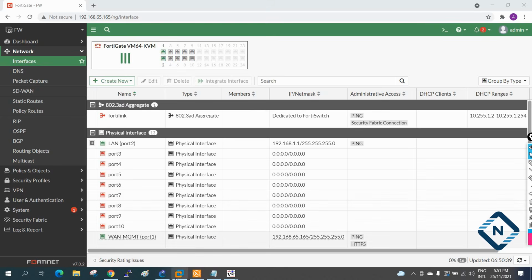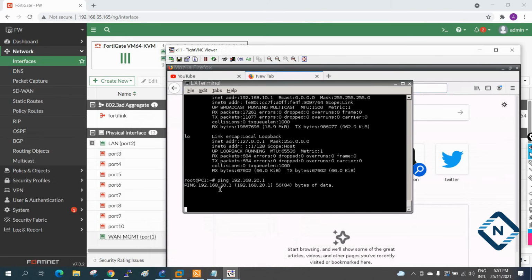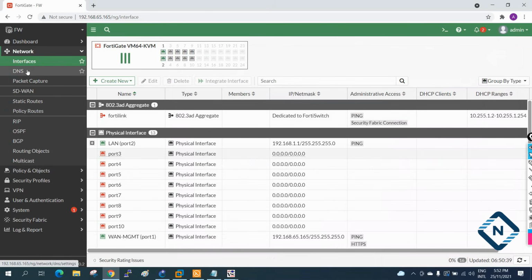So we check, there is one option here where we can make communication between different VLANs. If you see here, I am pinging 192.168.20.1, it is not pinging. Different VLANs, it is not working. There is one option we checked when we were configuring.